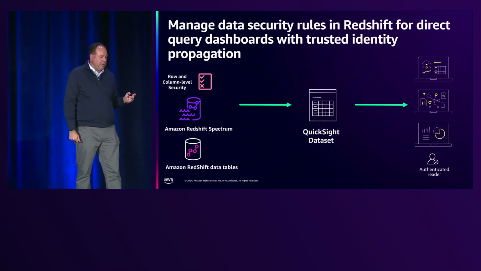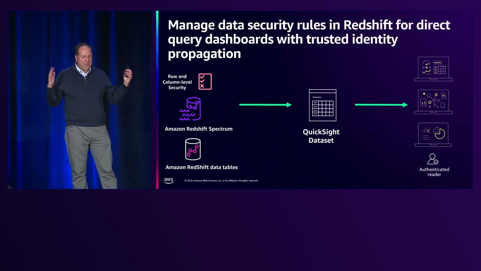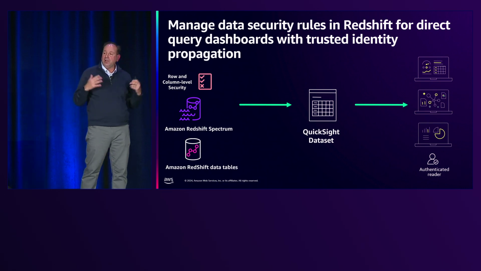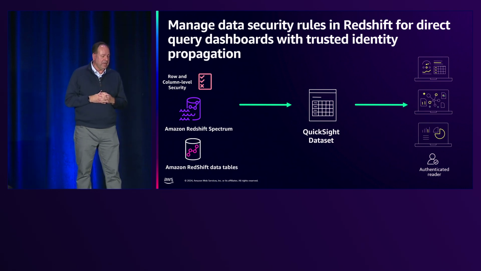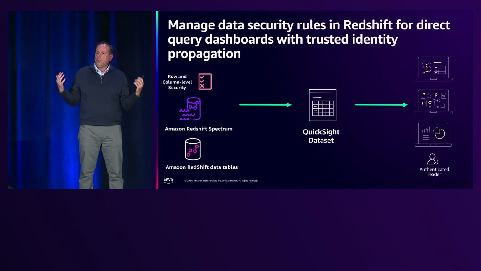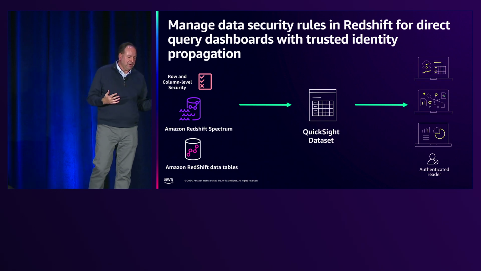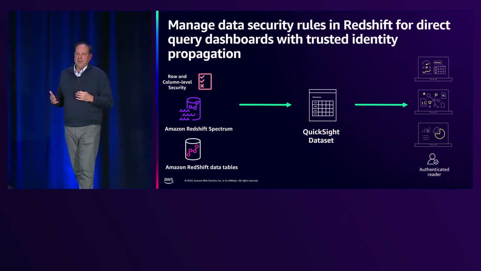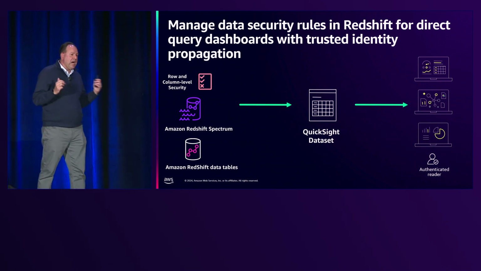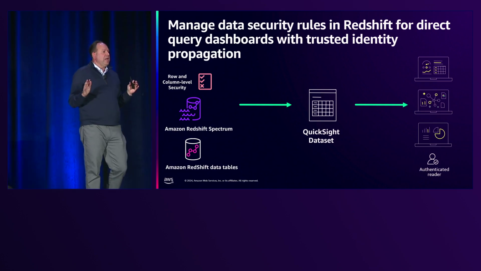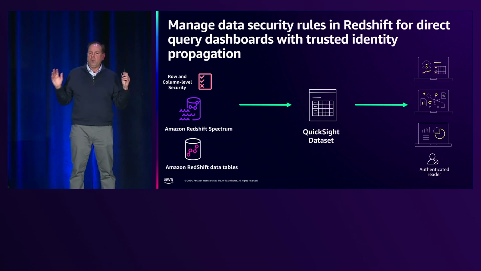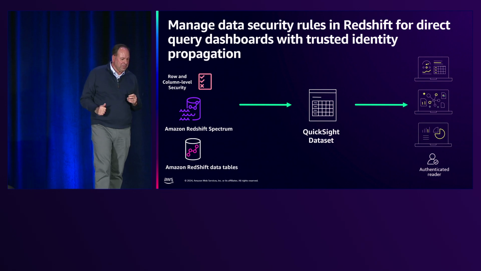Now, the second set of row and column level security rules that you can have with respect to QuickSight, and how you can control access to data in QuickSight, is to actually define the row and column level security information in the source system that you're pulling data from, right? Now, obviously, any user that connects to these systems coming from QuickSight, those rules that are defined inside those source systems are going to be respected. Users aren't getting around those rules.